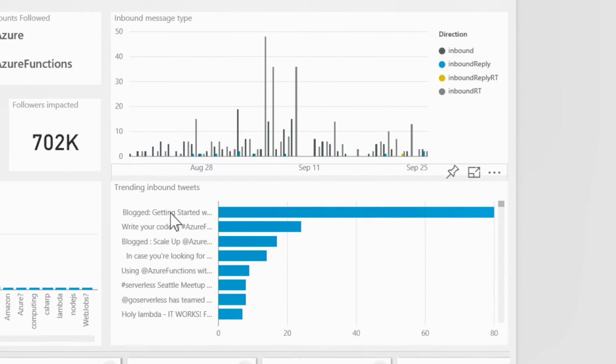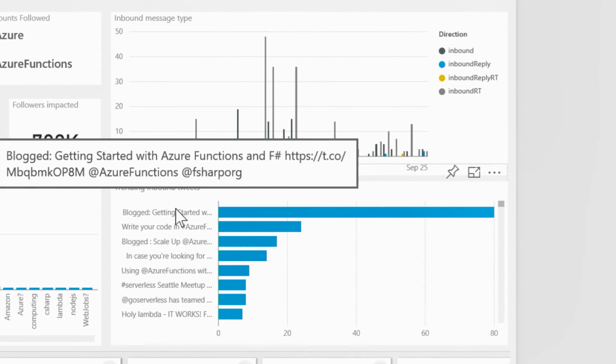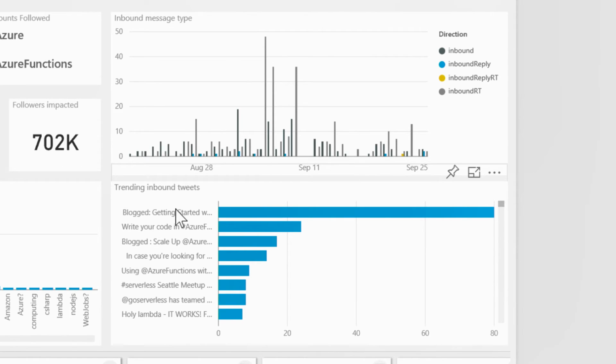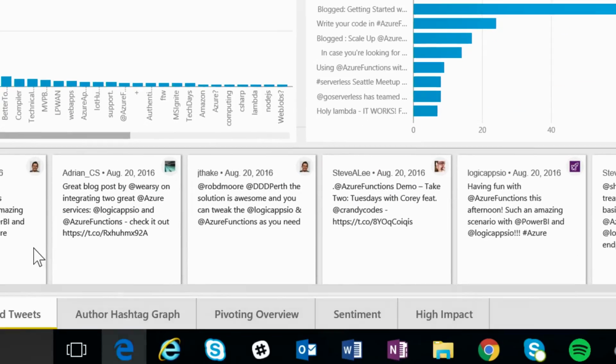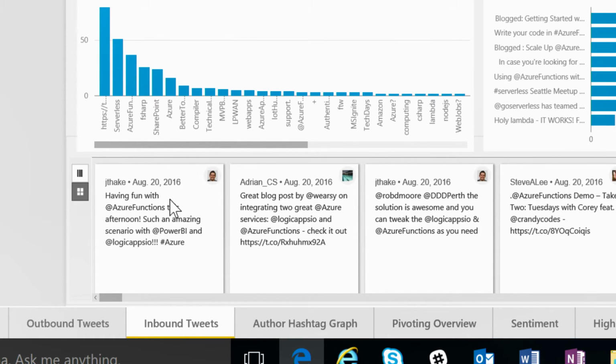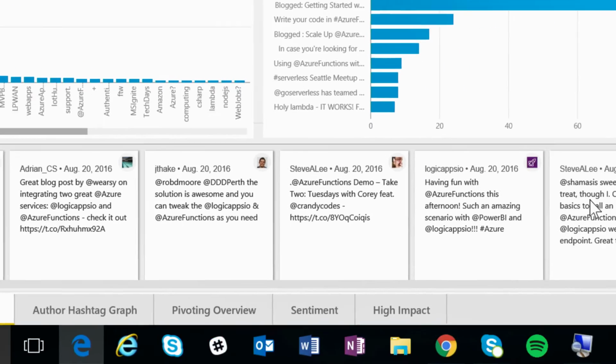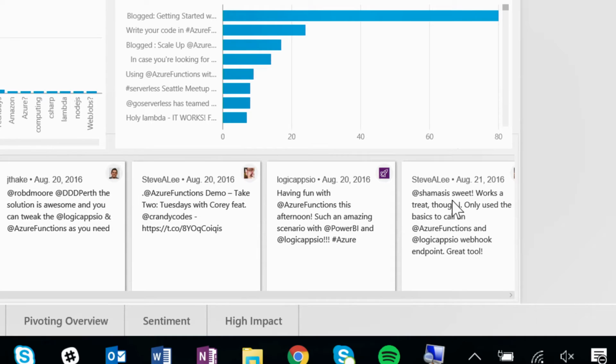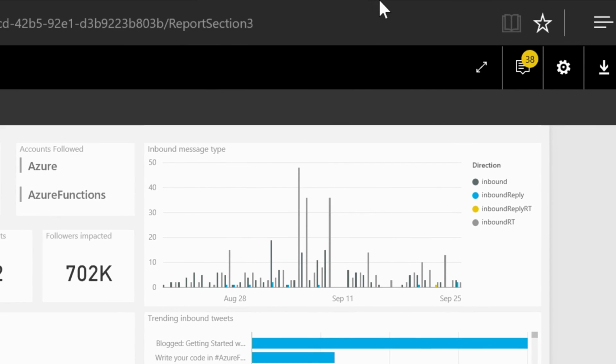And on the right-hand side, we can even see what the trending inbound tweets were. So the Azure Functions post with F# was the most popular post we've actually had in social networking there. And you can see the traffic over time with a nice little spike here when we pushed out a preview demo campaign to try and garner some awareness. So this is a great way of tracking things inside here, and you can go all the way down to seeing individual tweets from myself and various other engineering teams that were the most popular tweets that came through.